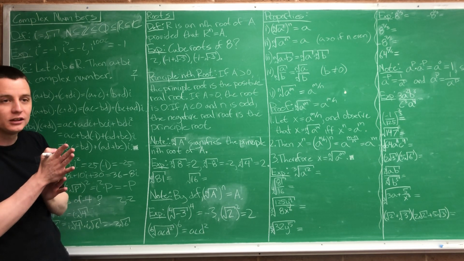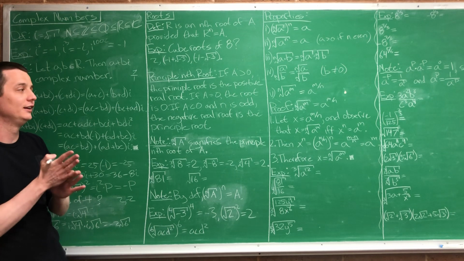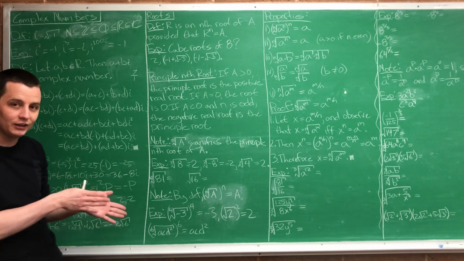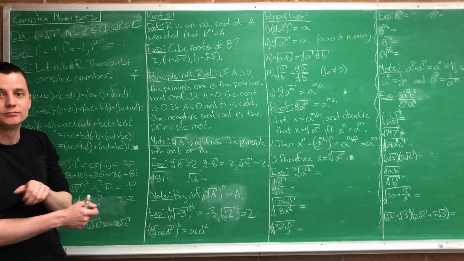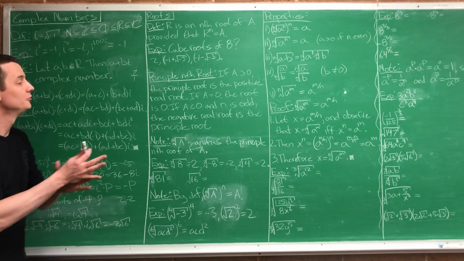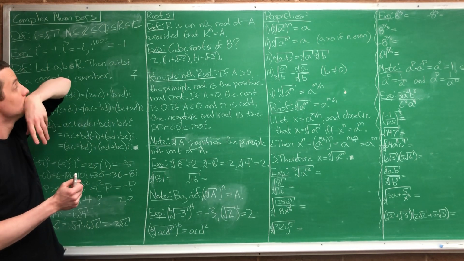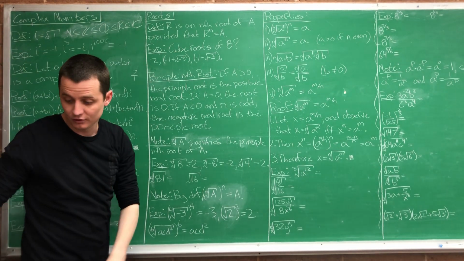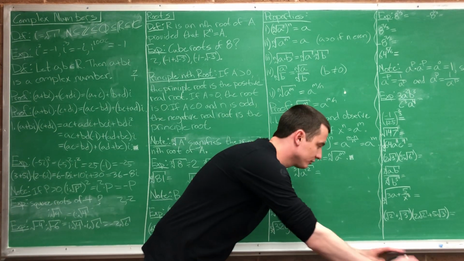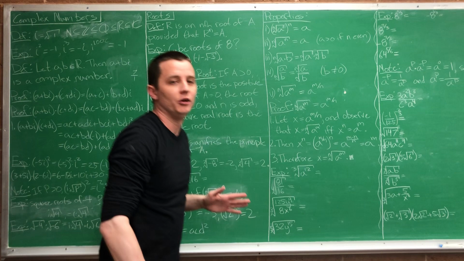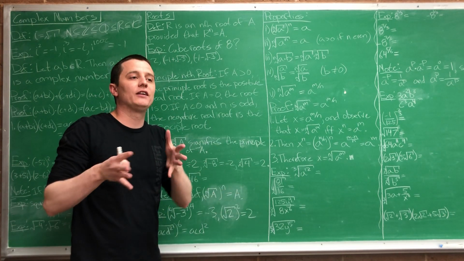Gotcha. Negative 2 is a fifth root of negative 32, because negative 2 to the 5 equals negative 32. Good? Okay, so that's what we mean by an nth root. So let's look at an example. Now, we're going to prove this down the road, but in general, if we're talking about the square roots of